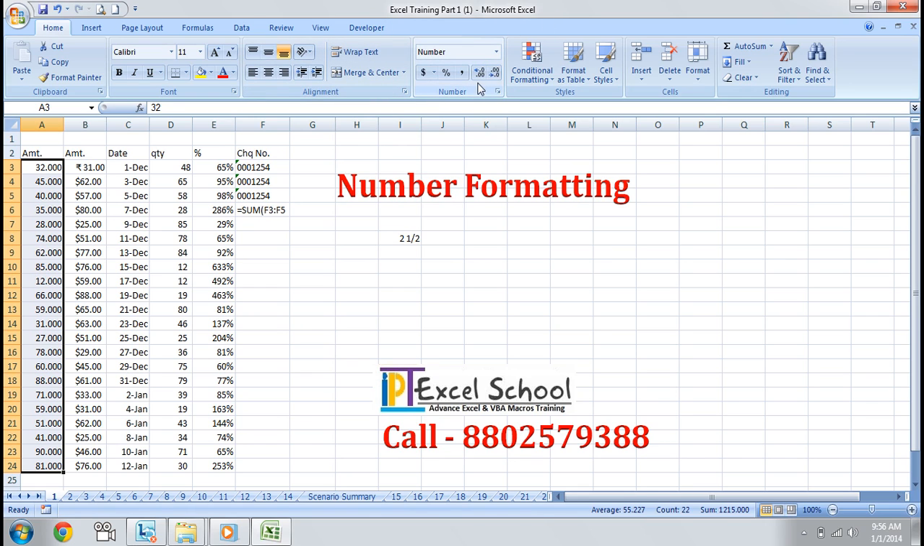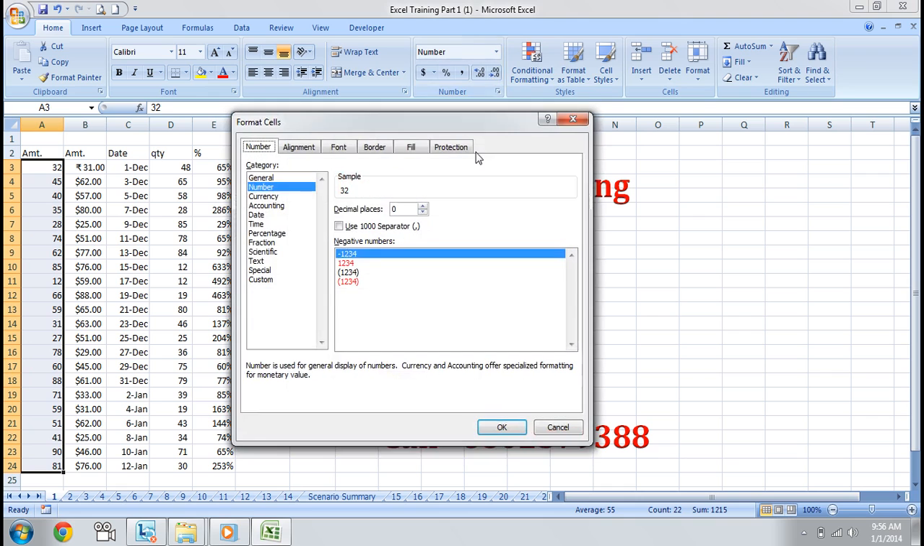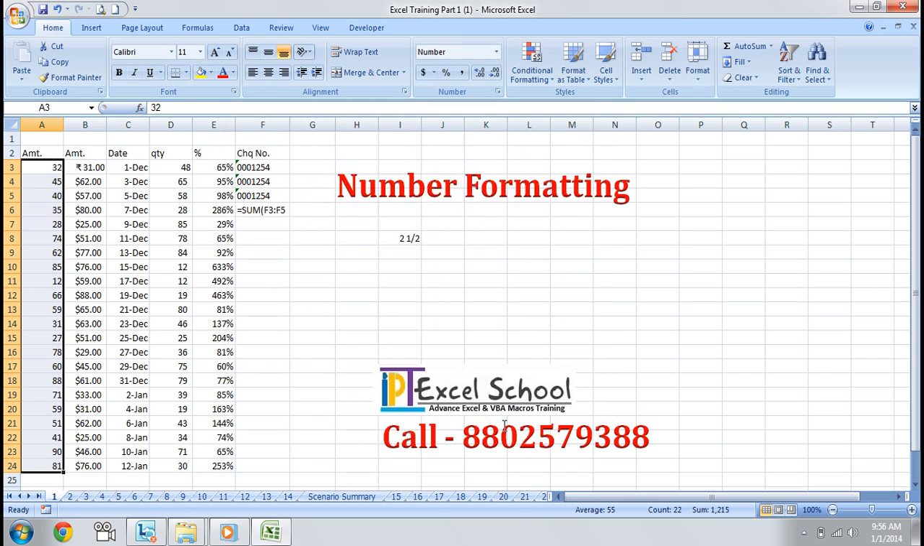This option is also available in the ribbon. For increasing, you can just press repeatedly. For decreasing, the same. Now let's go to the other option. There is also the use of the 1000 separator. If we check this and change the value to 10,200,